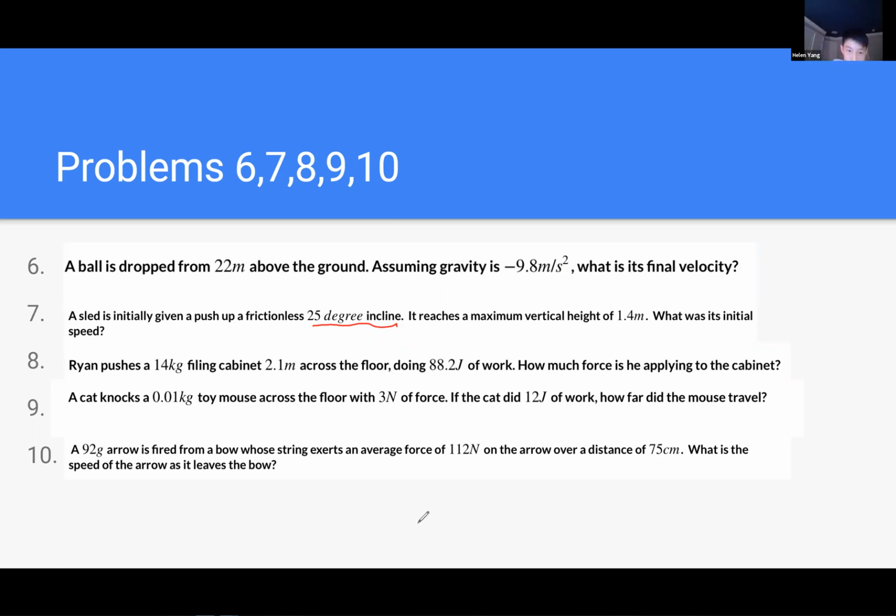Okay. So this question is like the other question, and it's giving you the 25-degree incline to mess you up, but you would still use the conservation of energy. And like the other question, it's still going to be 1/2 m v final squared is equal to m times g times initial height. So you can cancel out the m again, and